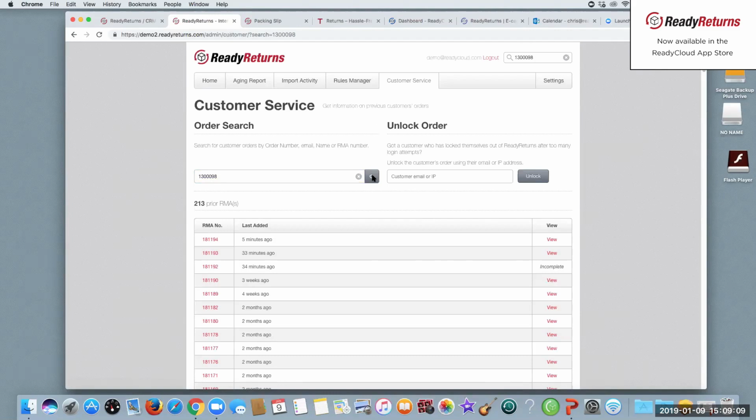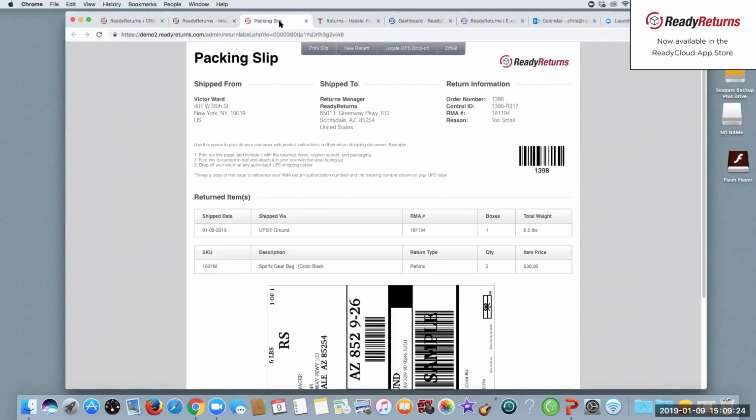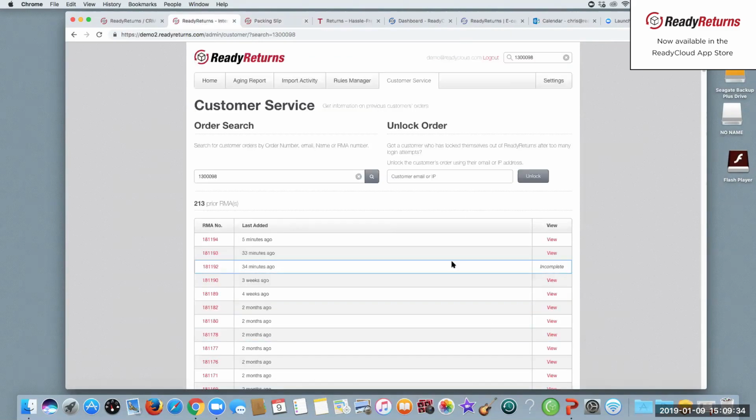So as I said, I give this one a lot. So here's this one now from 5 minutes ago. So as a return agent, I can now say, well, Victor, you returned this 5 minutes ago. And you can view it just by clicking view. It'll take you back to the packing slip page. So the customer service agent has all the information you do. You know exactly what's going on. I can then re-email it to that person if I want to, or I can continue on and